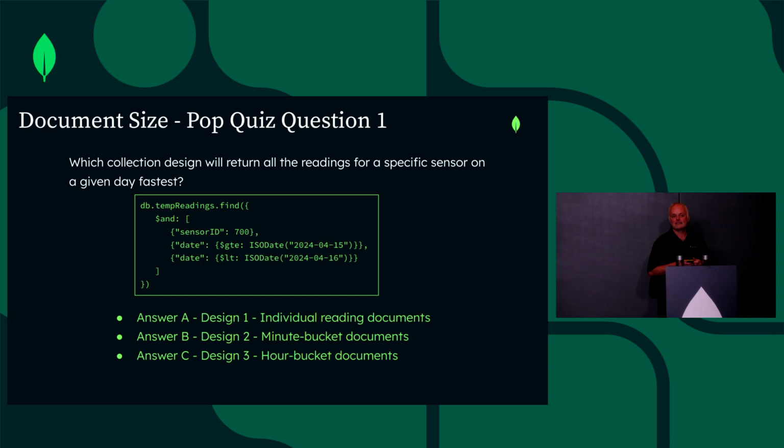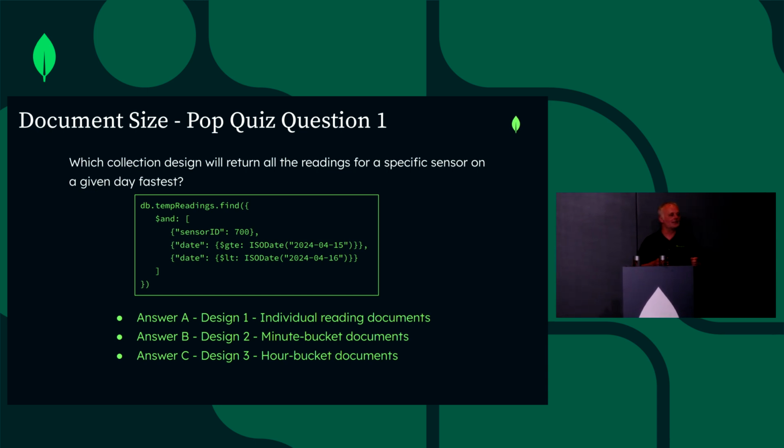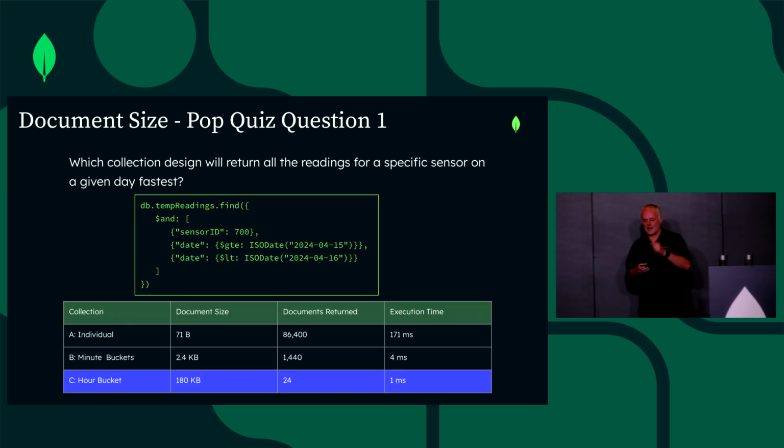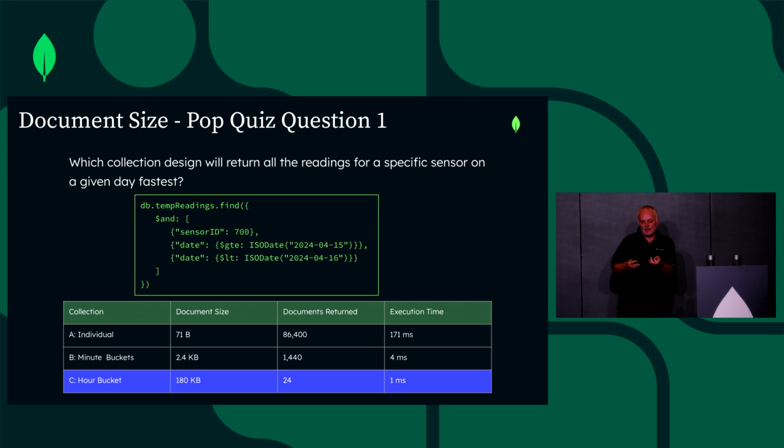Option B? Oh, a few people. Option C? Okay, so option C has it. And you're correct. And so the reason for that is that if you look at the number of documents that